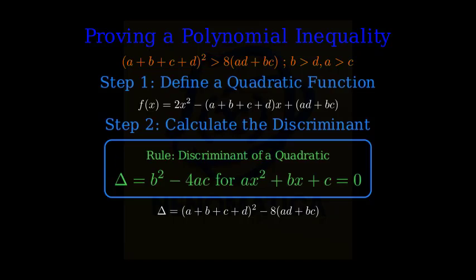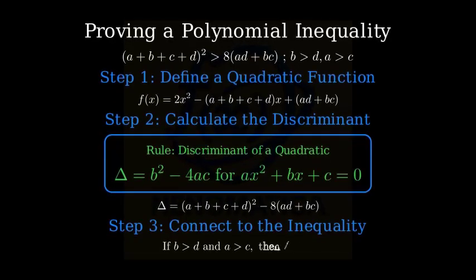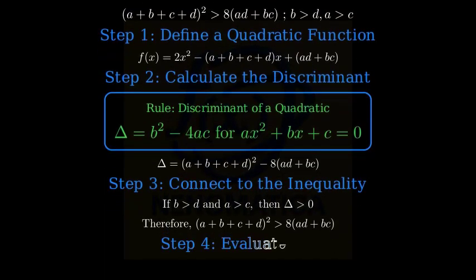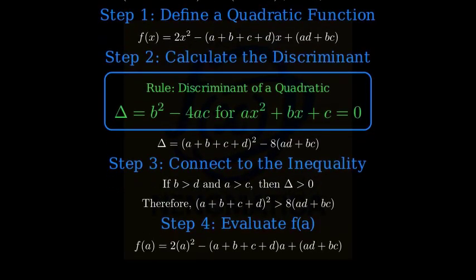Now, we observe that if the discriminant is positive, then the quadratic equation has real roots. So our goal is to prove that if b is greater than d and a is greater than c, then the discriminant is positive, which will prove our inequality. Let's evaluate this function at x equals a. F of a equals 2 times a squared minus the sum of (a plus b plus c plus d) times a